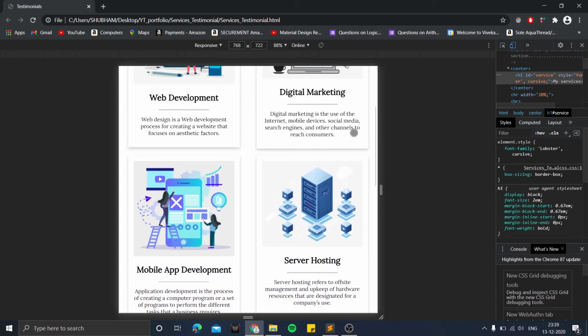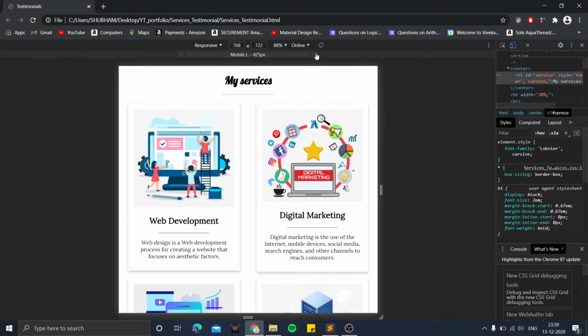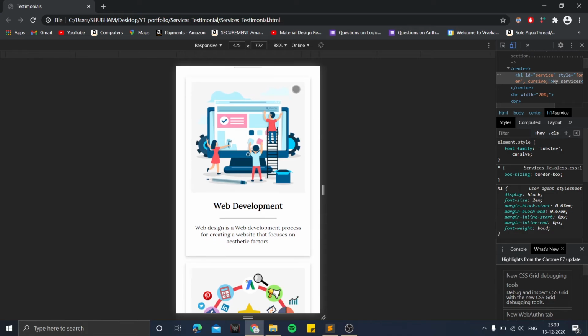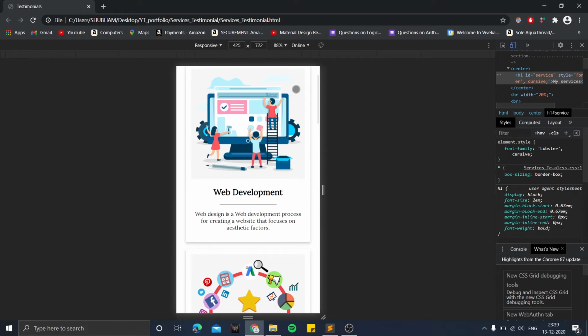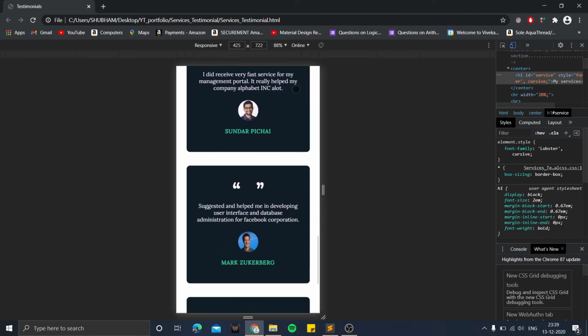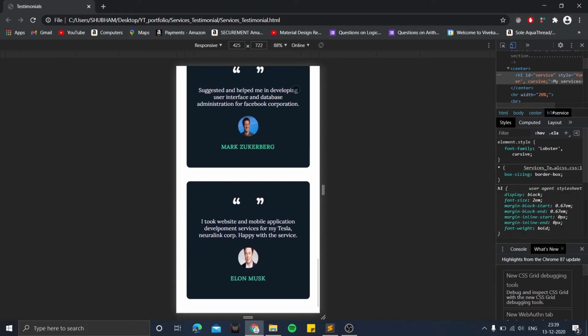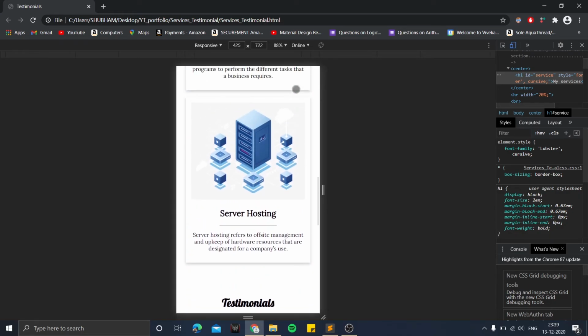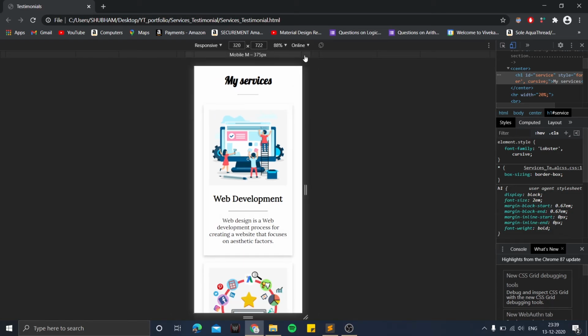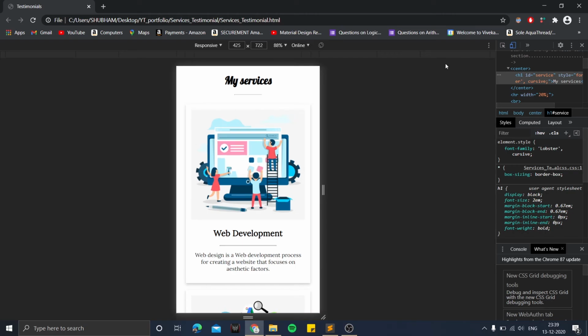So let's now go to our mobile view. In mobile view, you can see the 2x2 cards are converted and each single card gets 100% width. Let's now scroll down and you can see the testimonial section is also responsive. I will also check other mobile views: smaller, medium and larger.